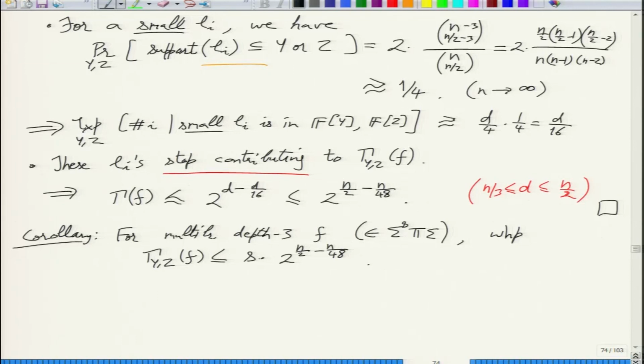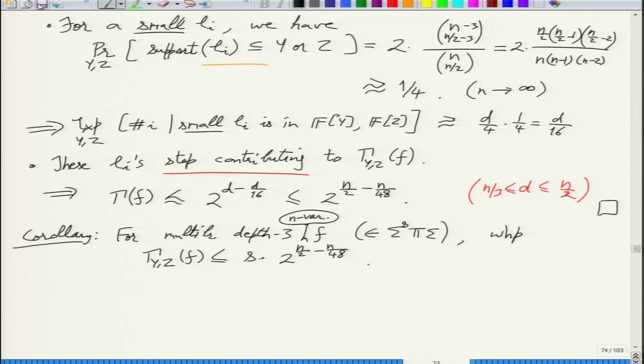Right. So multilinear depth 3 and n-variate, which has S many product gates, then you get by subadditivity S times 2 raised to n by 2 minus something. So that's the upper bound. Now if you pick your F suitably, which will be the determinant, and show that the measure is large, that will give you S bigger than some bound, which we will show to be exponential.